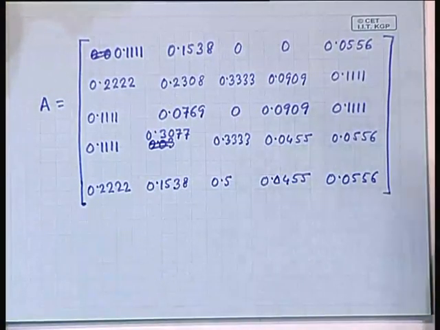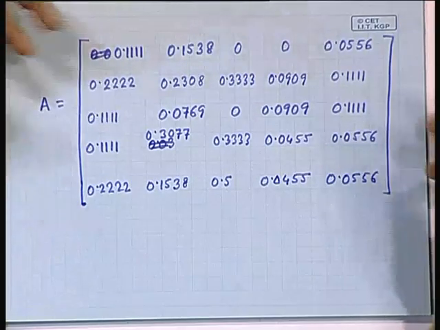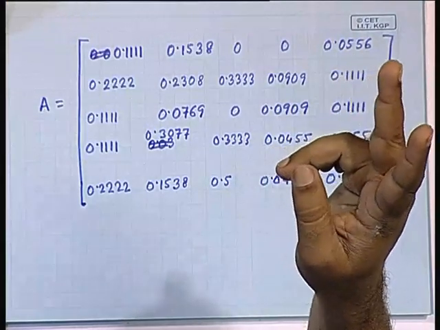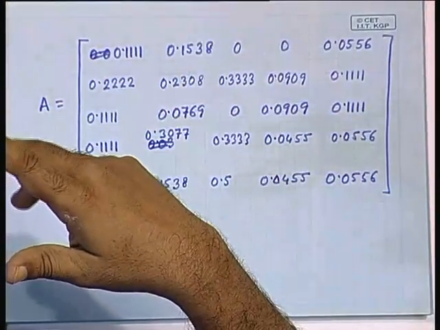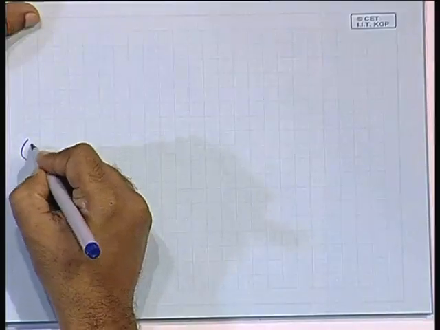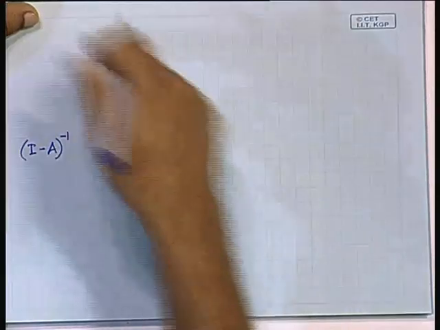which we said contains all the necessary information of the technical coefficients. What was the next step? I minus A inverse. Okay. So, you can easily put this matrix into any program like MATLAB and get I minus A and then invert it. So, if you do that, you get I minus A inverse. I is the identity matrix,